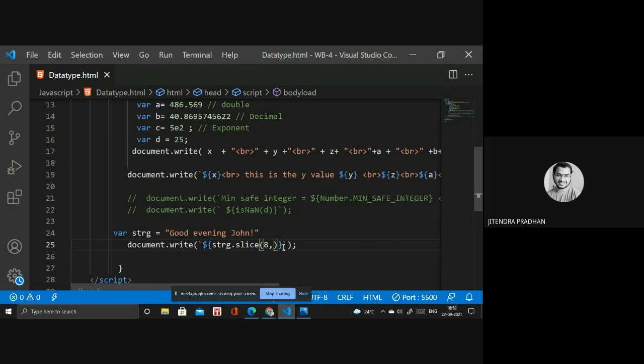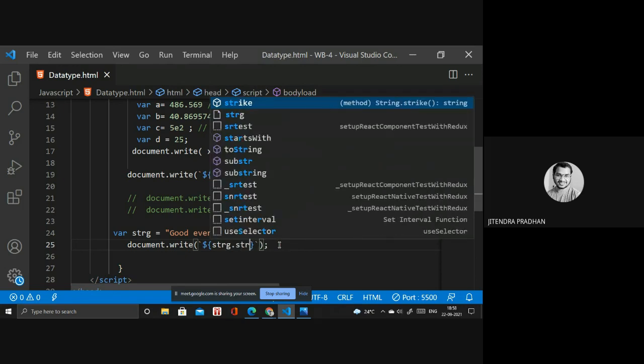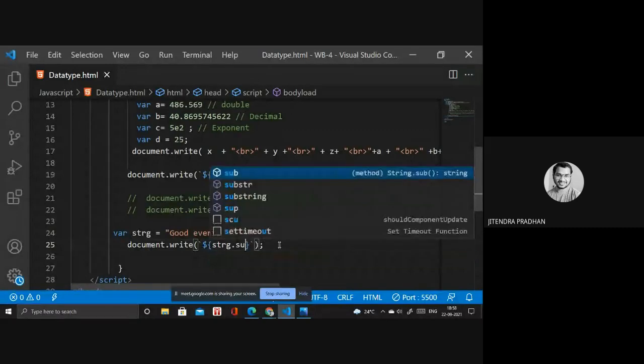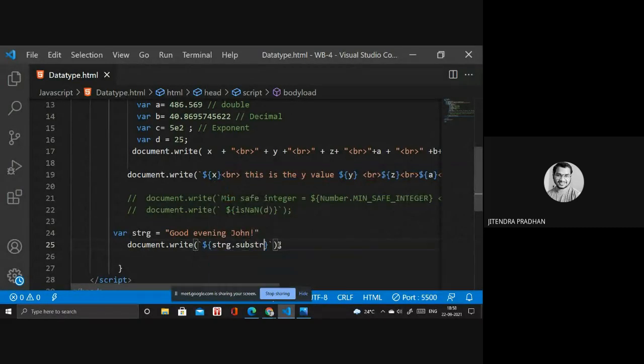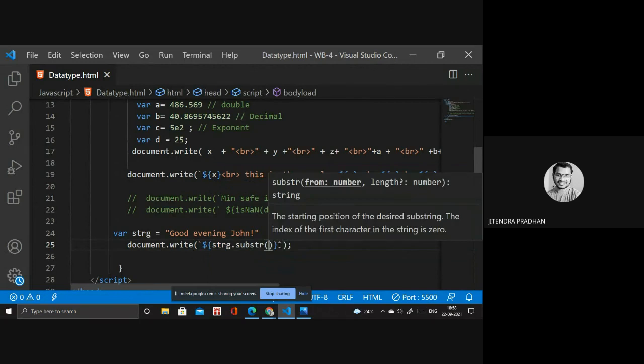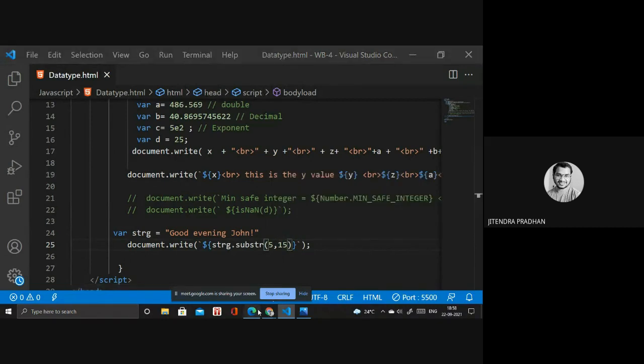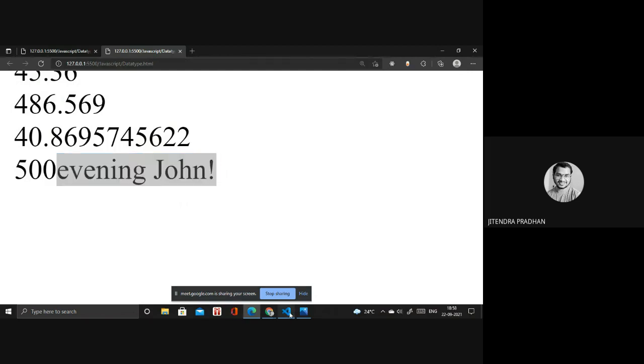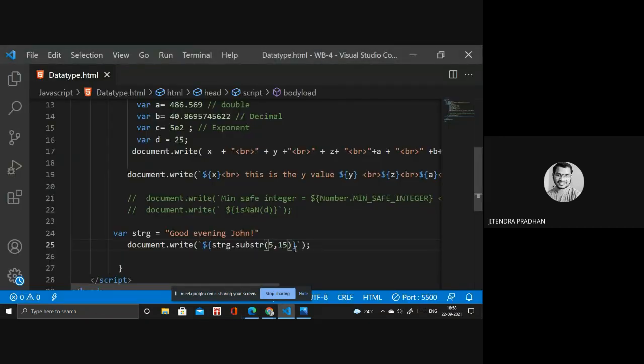Okay, so at that time we are using the slice method, and we have substring also, substr. I will show you that one as well. Substr, sorry, substr we have there. And you have to write the index numbers, like 5 to 15. Have you observed "evening Johan" is there? Why? Because we are giving the particular index numbers inside that.